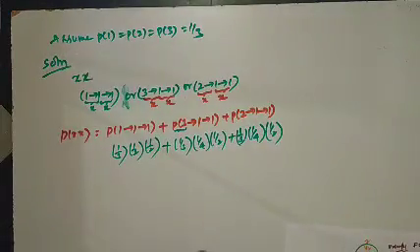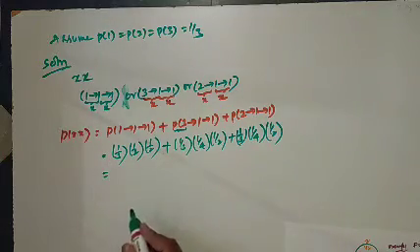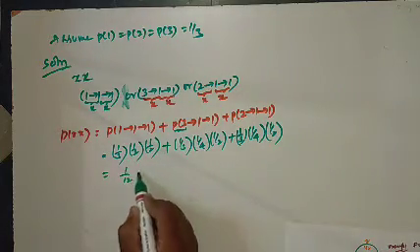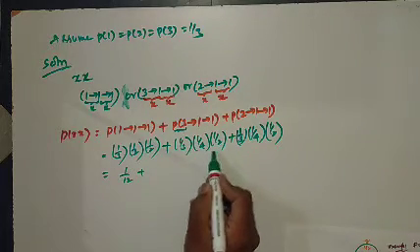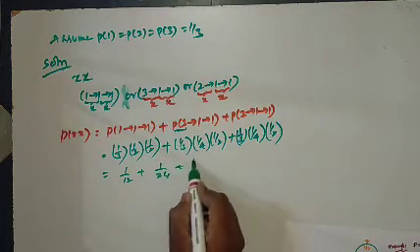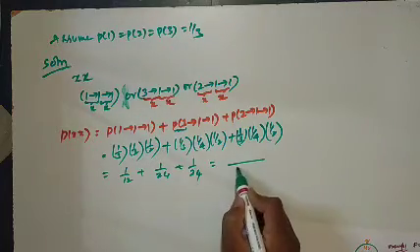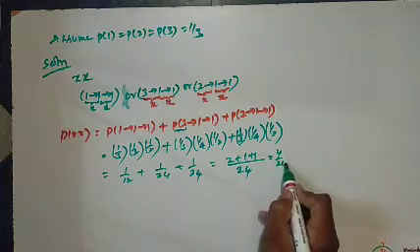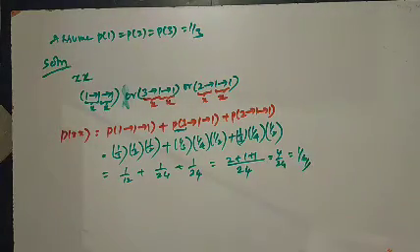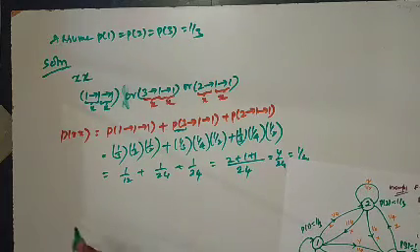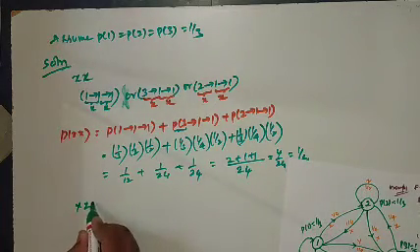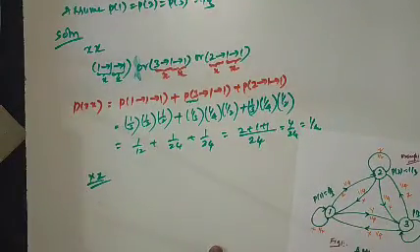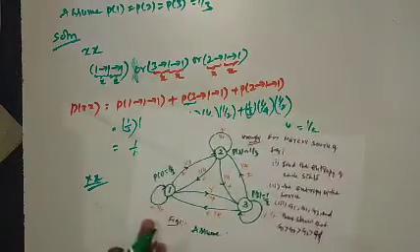With this we write 1 by 12, plus 1 by 24, plus 1 by 24. Taking 24 as the LCM, 2 plus 1 plus 1 becomes 4 by 24, that is nothing but 1 by 6. So 1 by 6 is the probability of occurrence of XX. Now I will show another one, XZ. In order to transmit the symbol XZ, what do we have to do? We have to look here.